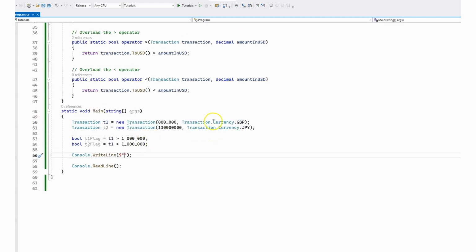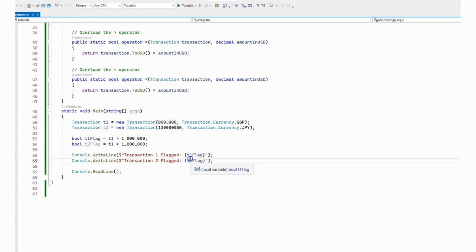Transaction 1 flagged, and transaction 2 flagged. We're going to use our t2Flag variable,